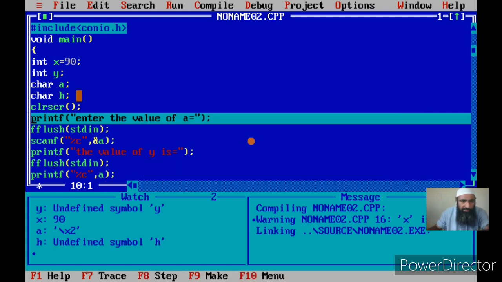See, h is showing an undefined string because I have not given an initial value to h. Now enter the value of a. My matter of concern is the variable a now, because I am inputting it from the keyboard here, by using this scanf. So let me see, a has initially got a junk value, something like \x2, and that \x2